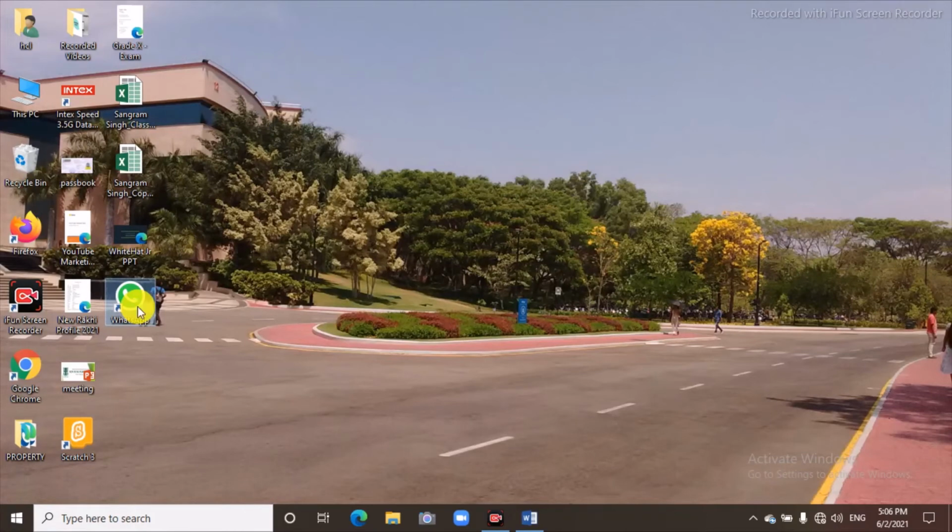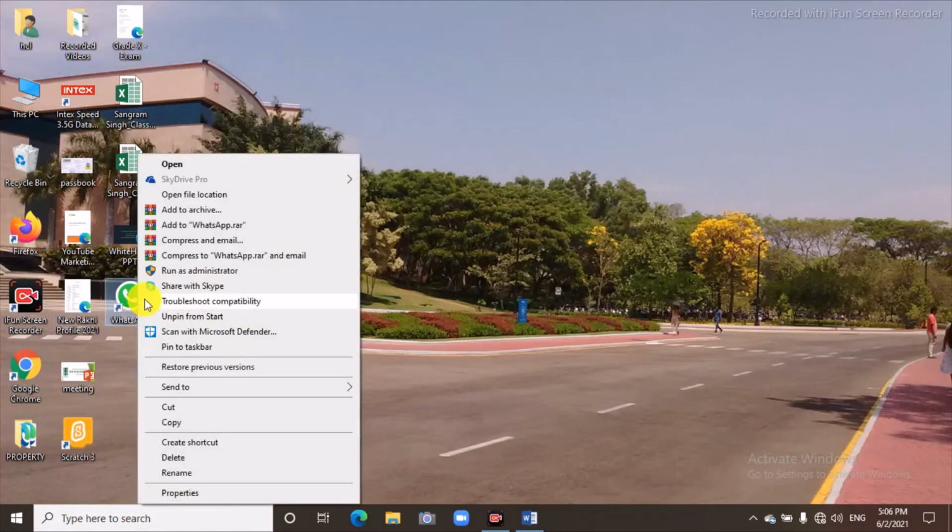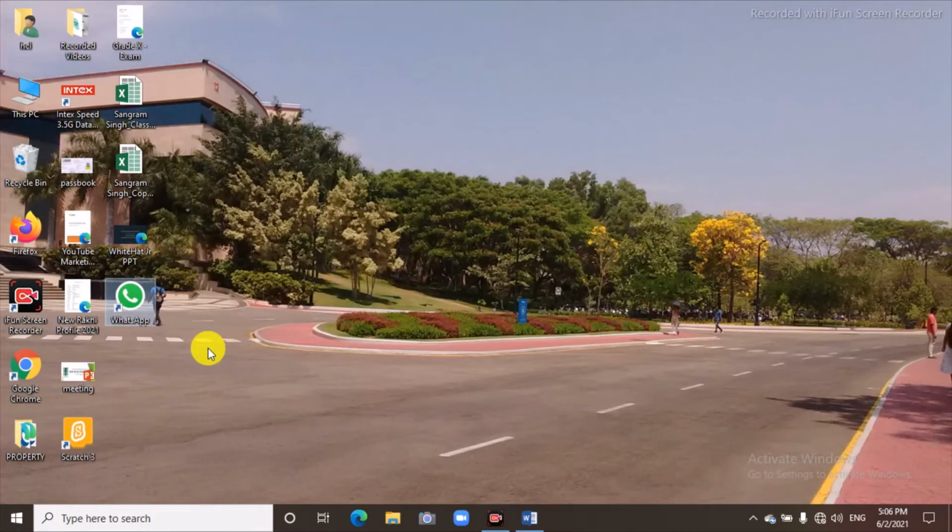Also I can do pin to taskbar. So see, that is also added to the taskbar.